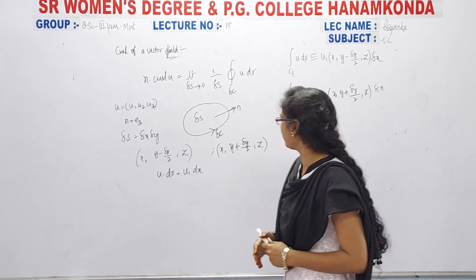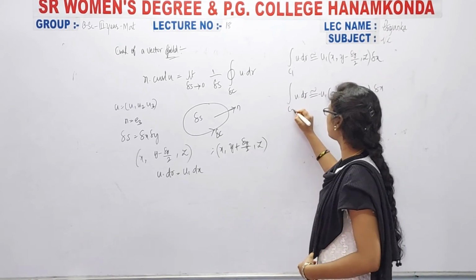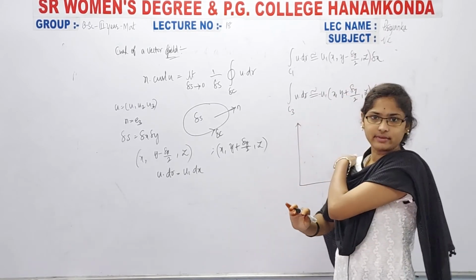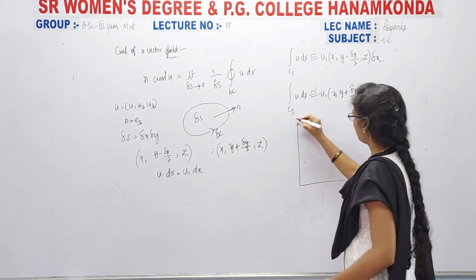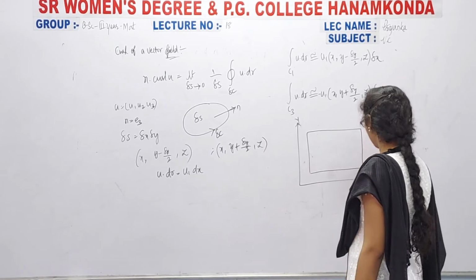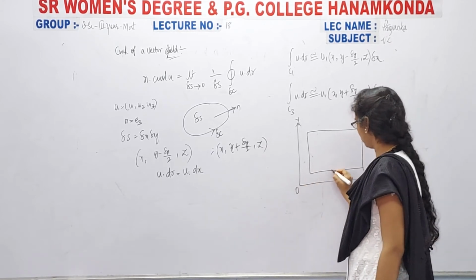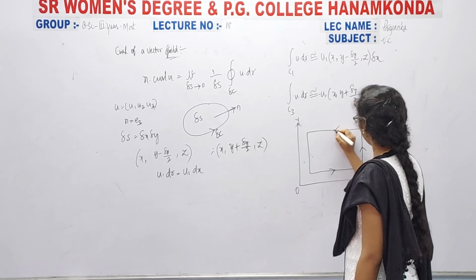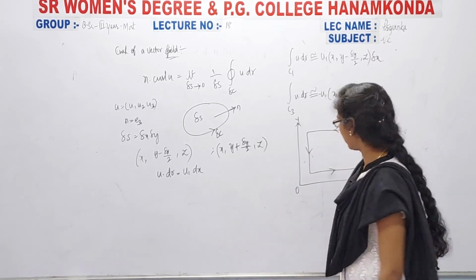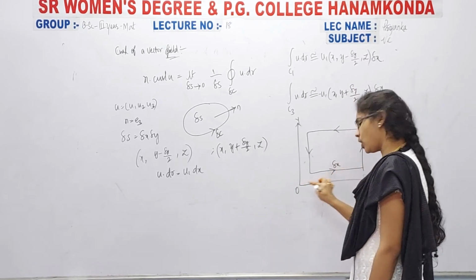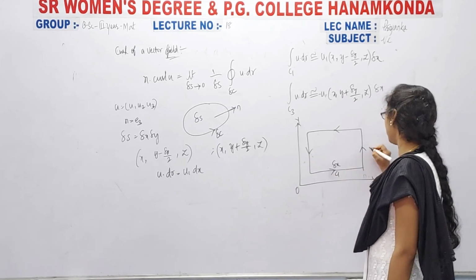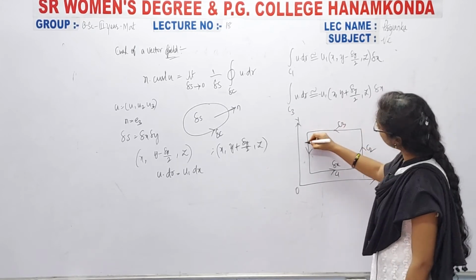So for this one I am giving the graph, and of course here you can take C3. It is the x and y axis, okay, and I am taking one rectangle. Now here I am taking the first one, it is nothing but delta x, because it is parallel to the x axis. And I am taking it as C1, C2, C3, C4.